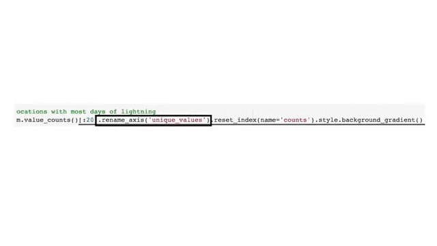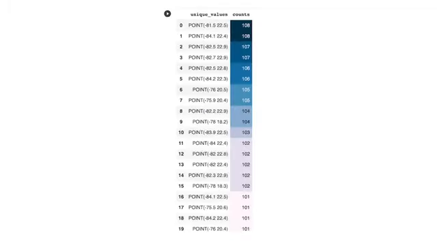We rename the axis and index to unique values and counts, respectively. Lastly, we'll add a gradient background to the counts column for visual effect. After running the cell, we discover 0 notable drops in lightning strike counts among the top 20 locations. This suggests that there are 0 notably high lightning strike data points and that the data values are evenly distributed.